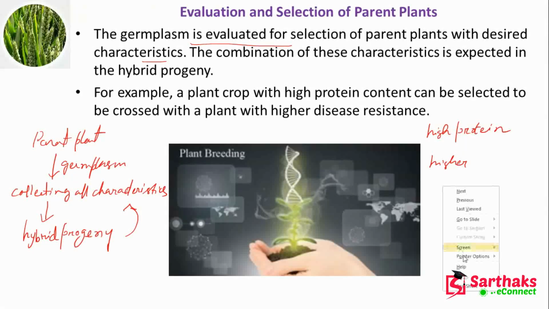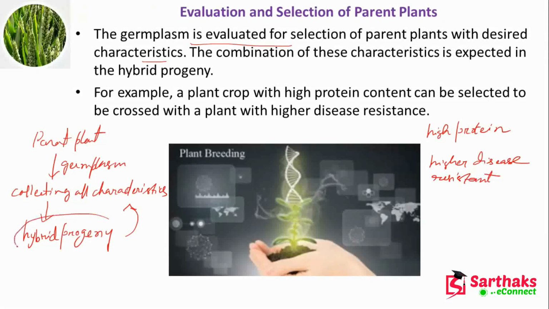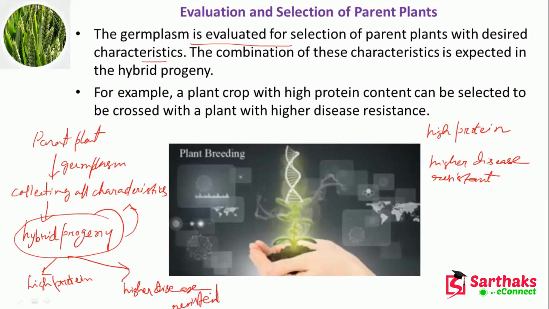Higher disease resistant, right? Now I require one hybrid progeny that should have these two characters. First character is the high protein. Second character is the higher disease resistant. So if I require both these characteristics, then whatever I have to take, a plant